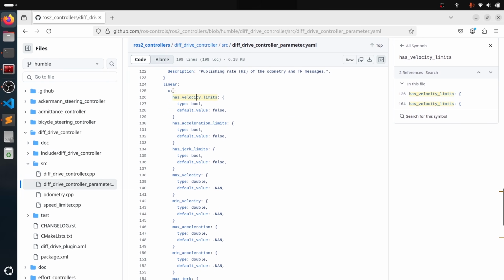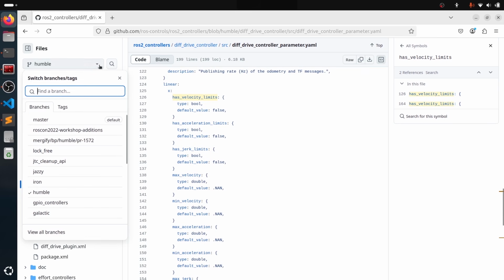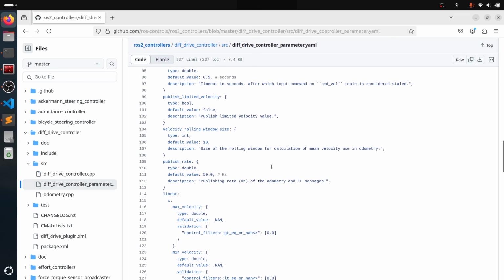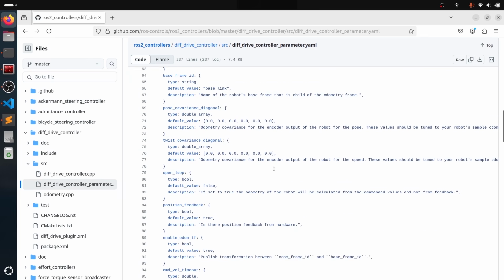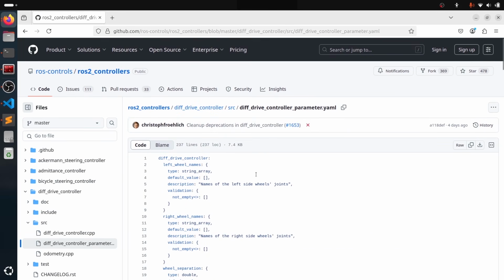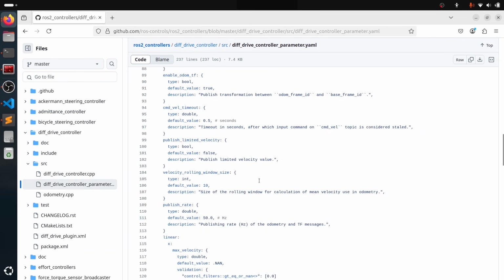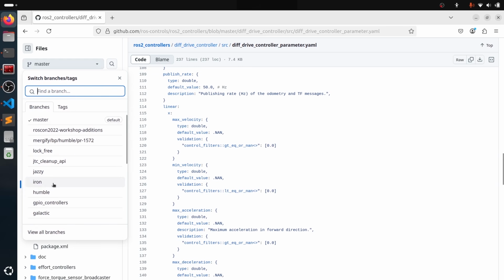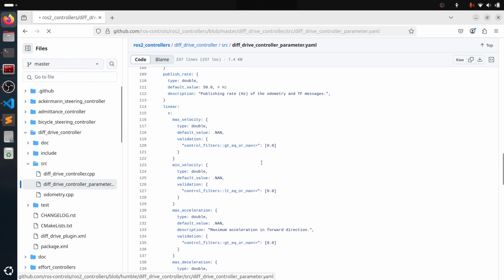Okay, so how to use this? Actually, you see, this is an important thing: I was using a different branch. I'm going to use the master branch, which corresponds to the latest ROS2 distribution. It doesn't change the rest because the other parameters are going to be the same. But one thing you can see already is for this velocity limit, here we have linear X, max velocity, min velocity, etc. If I go to humble, which is an older ROS2 distribution,